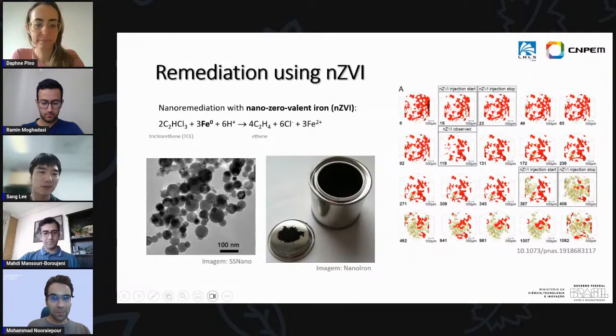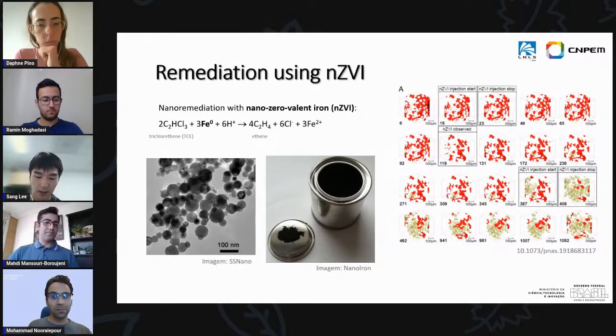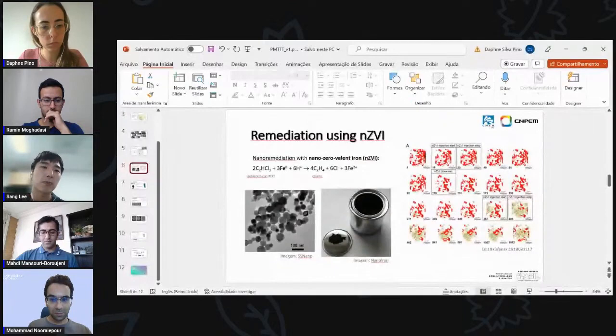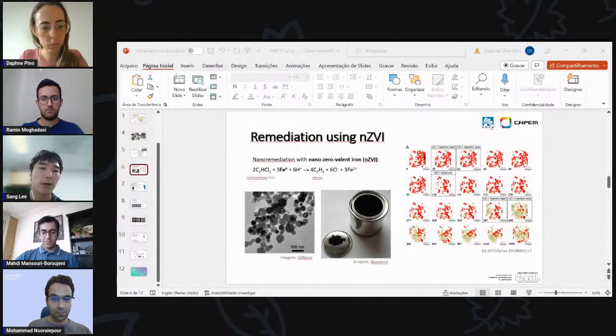Thank you. I have a quick second question. If you inject this kind of nanoparticles into porous media or fractured aquifer systems, I think you will have preferential flow paths, and there will be some contaminants that are trapped in less permeable areas. So how do you plan to target the contaminants that are trapped in those regions?